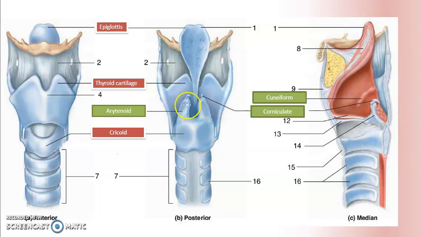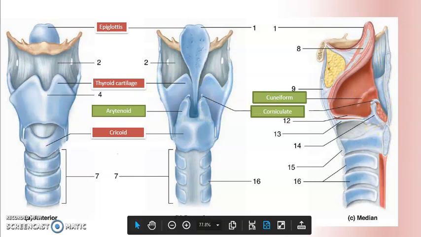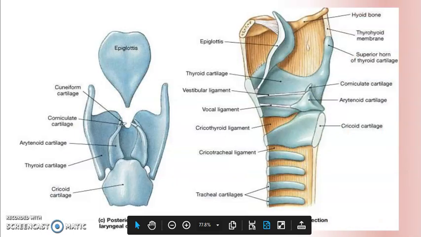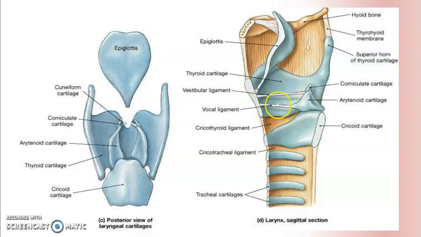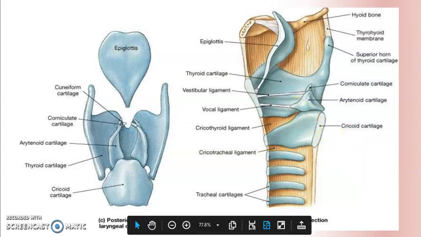This is the arytenoid, on the top of it the corniculate and cuneiforms are there. Okay, they will be there within this fold called the aryepiglottic fold. So let's see what this is. It is a cut section, seen from behind. Okay, so this larynx especially has this projection, the vocal process. This vocal process will have a ligament called the vocal ligament. So thereby the vocal cords, or the fold of mucous membrane on this vocal ligament, vibrate to produce the sound or the noise or the speech.